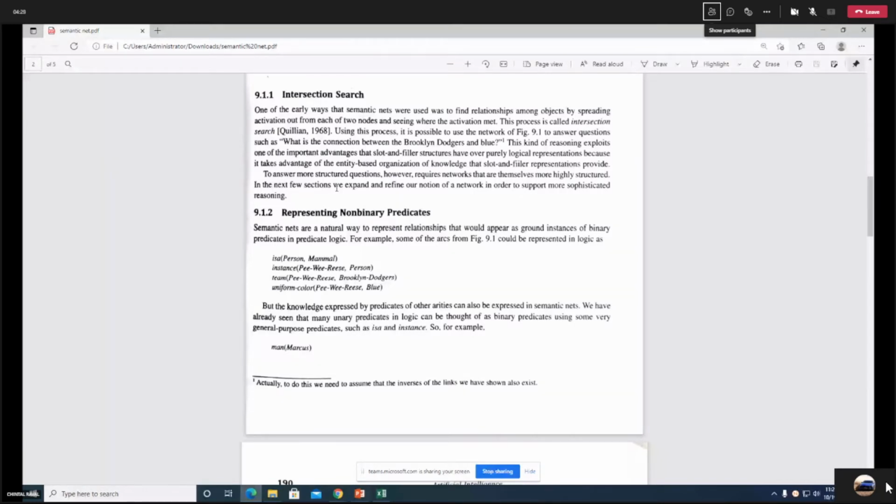Team is a predicate, two arguments. Uniform color, again two arguments. So all these predicates are having two arguments. Then this is also binary, and 0 or 1, this is a unary predicate, where there is only a single argument.